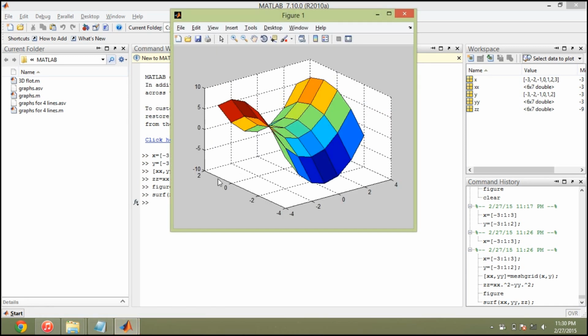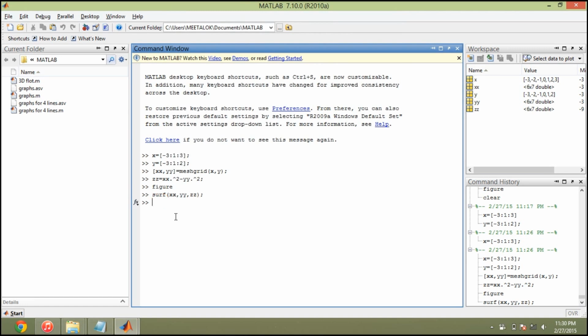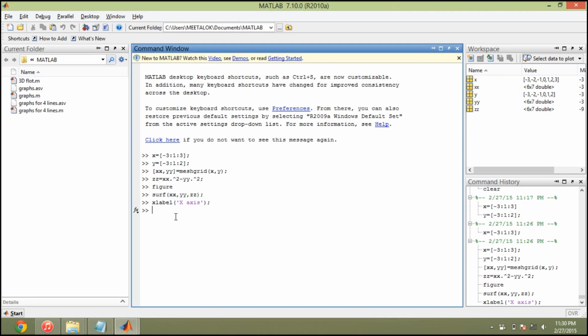You can simply assign its x axis, y axis, and z axis. For example, if you want to write the x axis, we can write xlabel, bracket open, name, for example x axis, close.